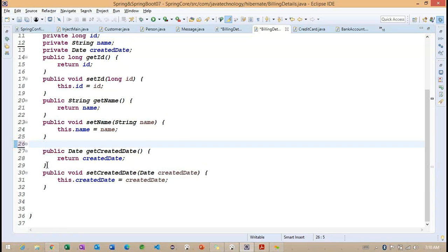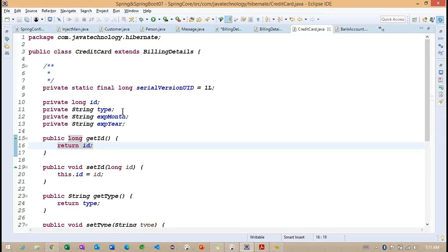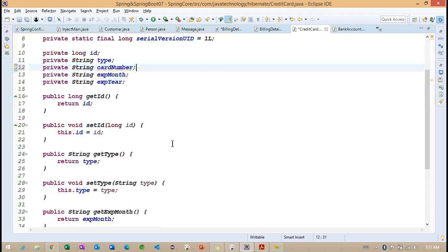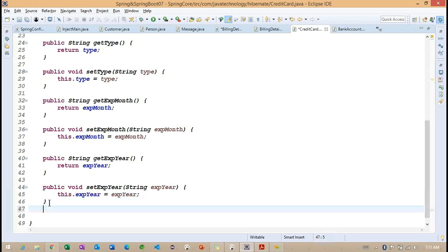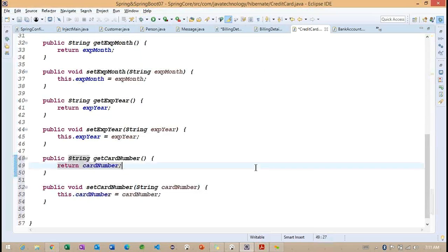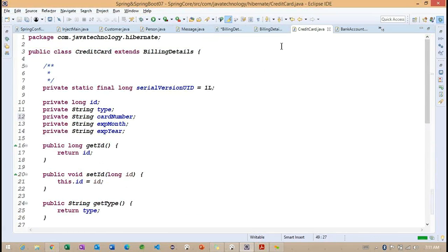I don't want to use these two columns, because these two we can add inside this specific section. Here I want to add credit card number. And account number we already specified. Let me generate setters and getters for this particular card number.